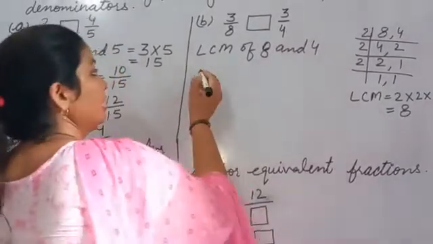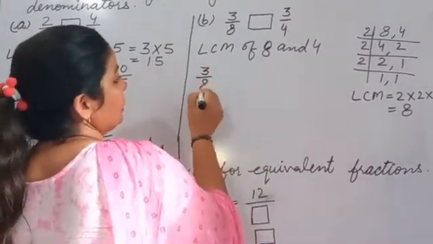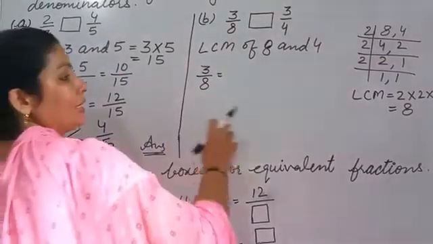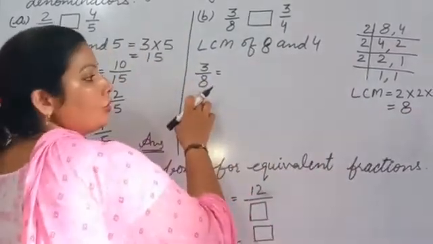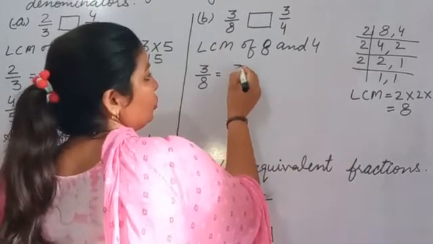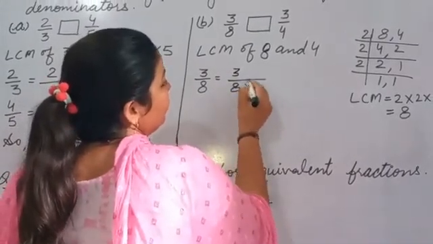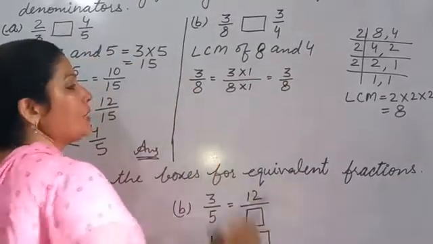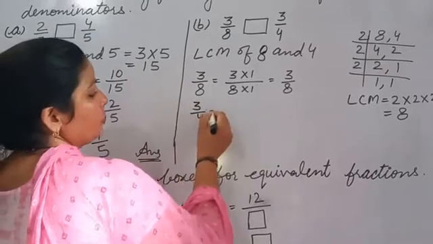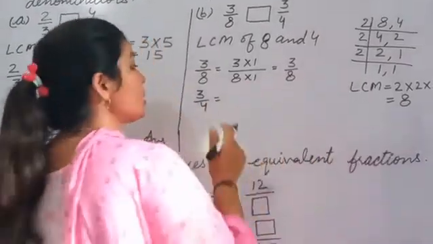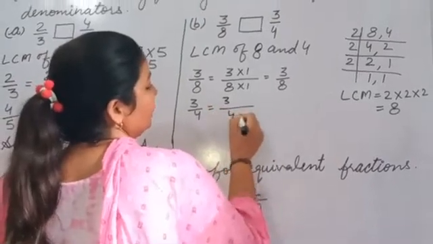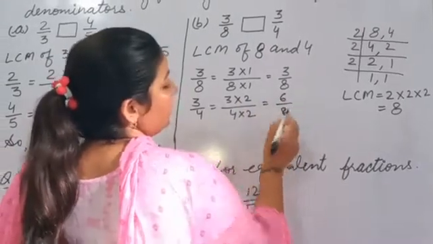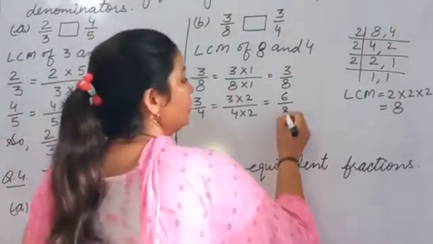Now we compare. Firstly make them like fractions. So 3 upon 8. Now we change it into a like fraction. So our LCM is 8 and the denominator is also 8. So 8 ones are 8. So 3 upon 8 multiply by 1 multiply by 1. So it's 3 upon 8 same. Now we take the second fraction 3 upon 4. Now in the 4 table where is 8? On 2 numbers. So 3 upon 4 multiply by 2 multiply by 2. 3 2s are 6, 4 2s are 8. Now both denominators are 8, 8.